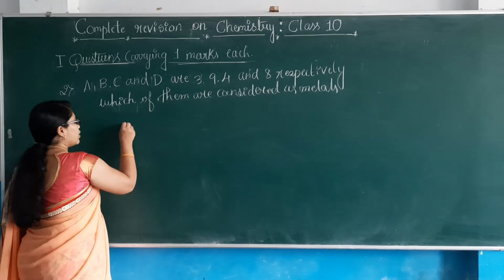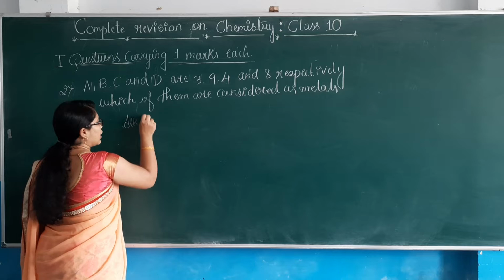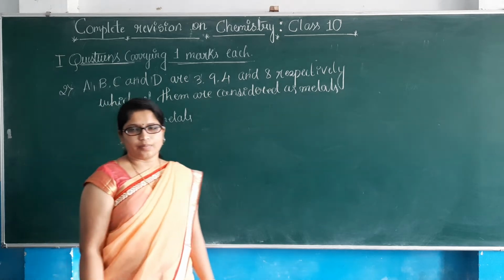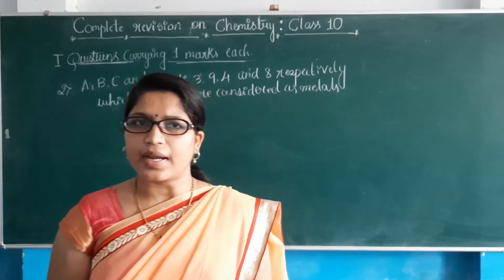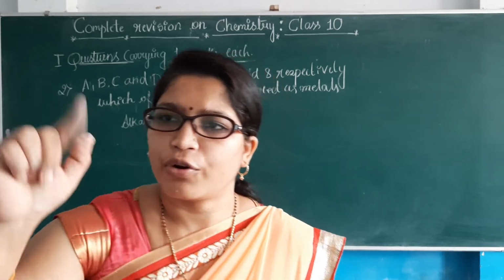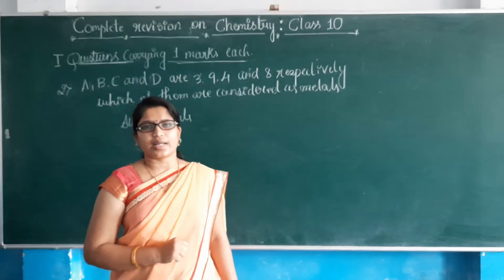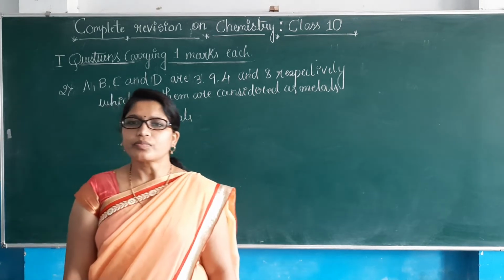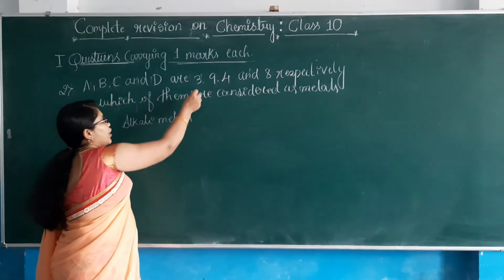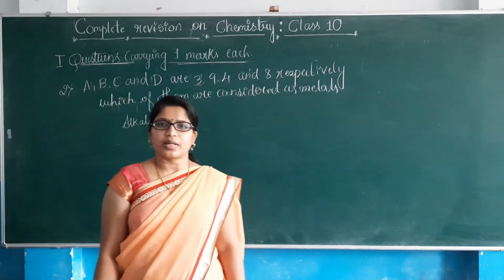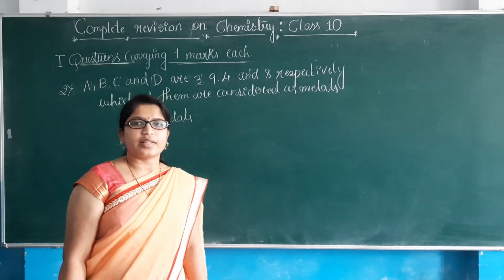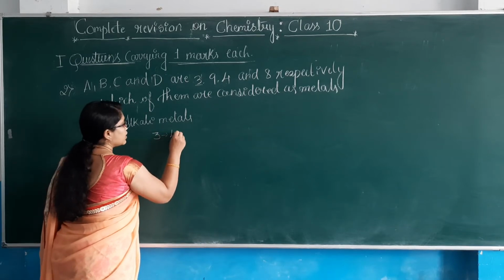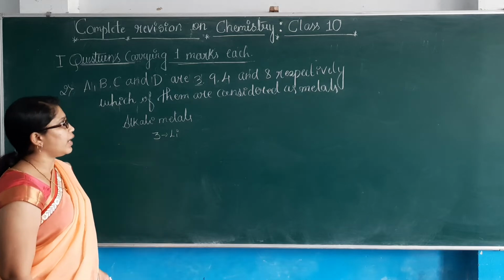Fine. So we know that alkali metals will start from atomic number 3. Hydrogen is the exception, yet it is placed in group 1 also. We are not going to consider it as a metal because it shows both properties. But when you consider metals particularly, it starts from atomic number 3. What is the element for atomic number 3? It is lithium. So lithium will be considered as metal. So alkali metals start from 3. 3 is lithium. What about 9, 4, 8 and so on?